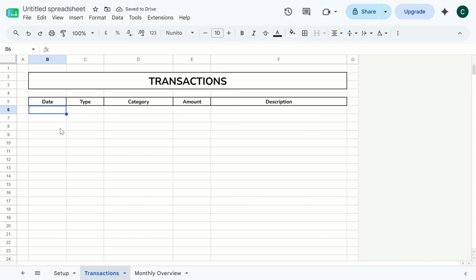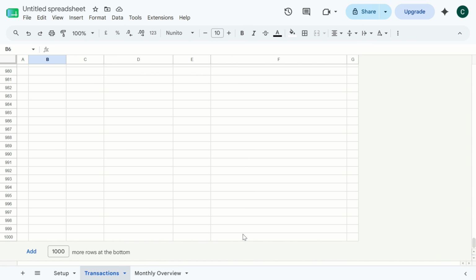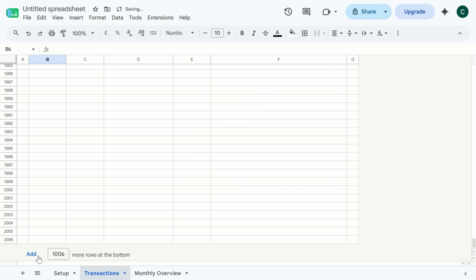So the next thing we want to do is to give the space so that the company can actually have enough transactions. So I want the company to be able to have up to 2,000 transactions. It matters on what the company tells you, how much transaction they make. So you just make your calculation. So if the company is getting 2,000 transactions, I'm going to add extra 1,000. So this is 2,006 rows that we have over here. Now, when you go up,